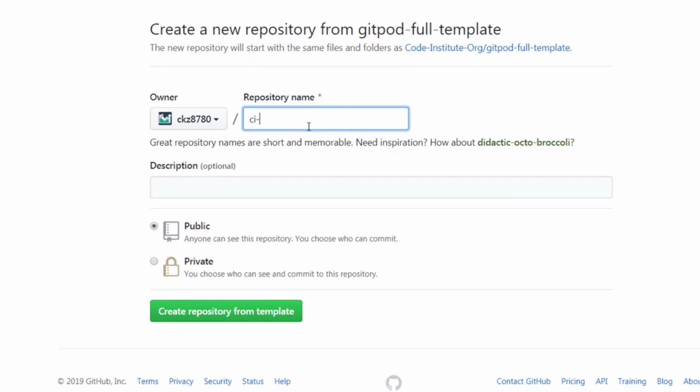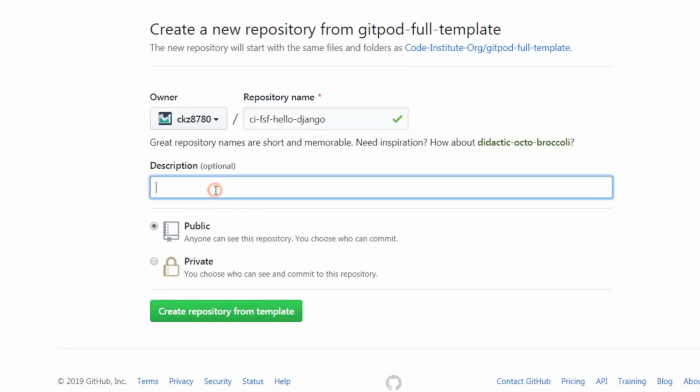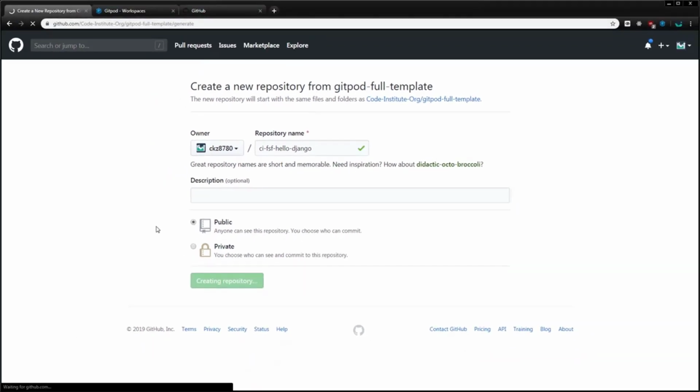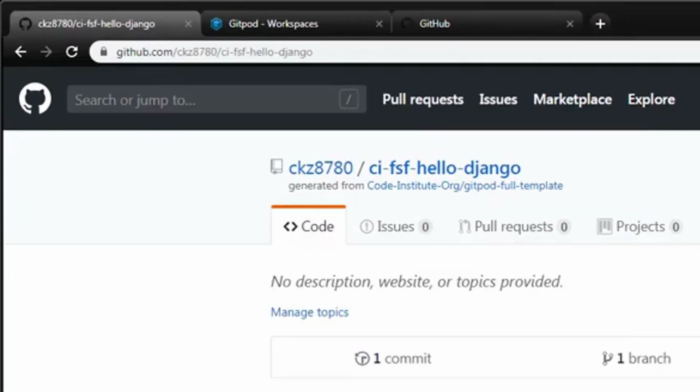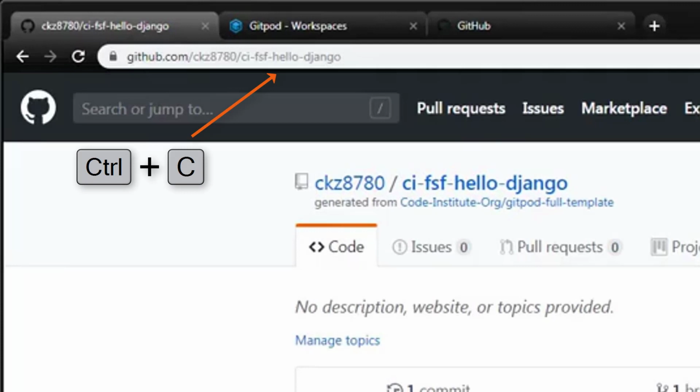I'll call mine CI Full Stack Frameworks Hello Django. Give it a description if you prefer, and then click on Create Repository from Template. Once your repository has been created,